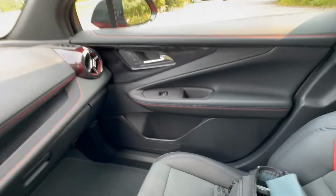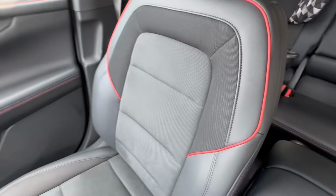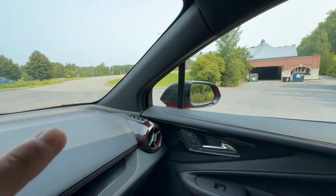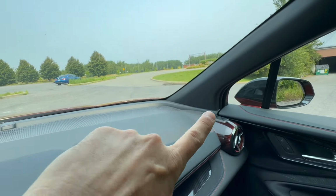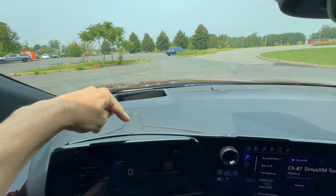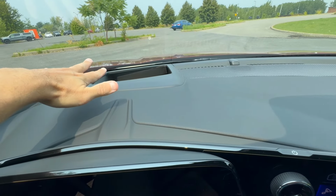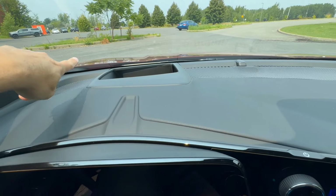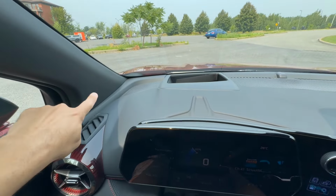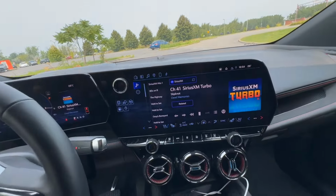Just storage. This is the Evotex seat material, which is actually quite nice. Visibility is fantastic. Look at this. Even though the base of the pillar is massive, this reminds me of cab forward designs from the 90s at Chrysler, if you remember. The dashboard is massively deep. The base of the windshield is so far away, which is why this actually works to offset the massive base of the A-pillar. Fit and finish look good, but